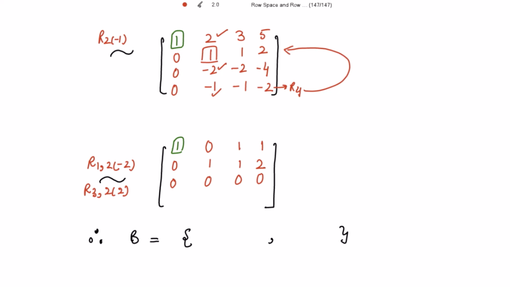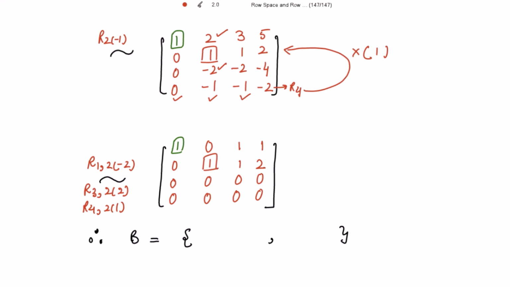But row 2 should first be multiplied with, to make this 1 into 0, we should multiply row 2 with 1 only. 0 is multiplied with 1, we get 0 and adding this to 0 we get 0. 1 times 1 is 1 and adding this to negative 1 we get 0. 1 times 1 is 1 and adding this to negative 1 we get 0. 2 times 1 is 2 and adding this to minus 2 we get 0. Very good. So we get these two only to be our non-zero rows